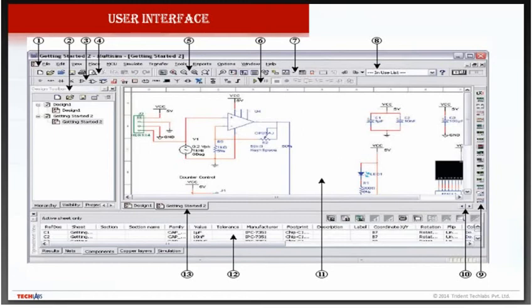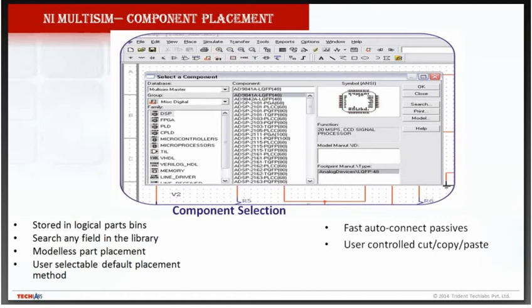We can change the SPICE model of the component. We can even change different footprints from different industry specific manufacturers. From the library list, we can select any of the components and place it into the main circuit designing window.